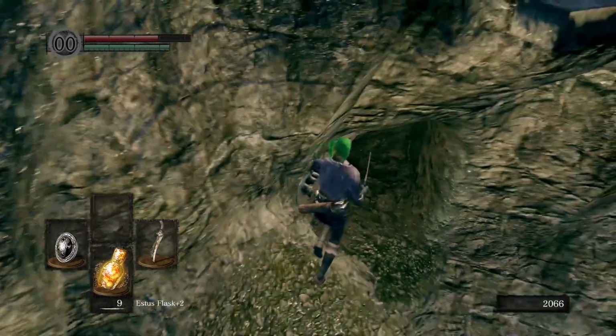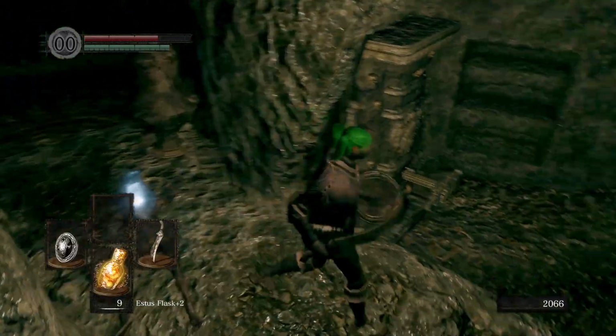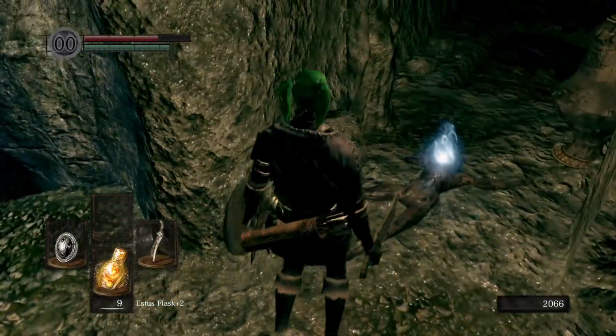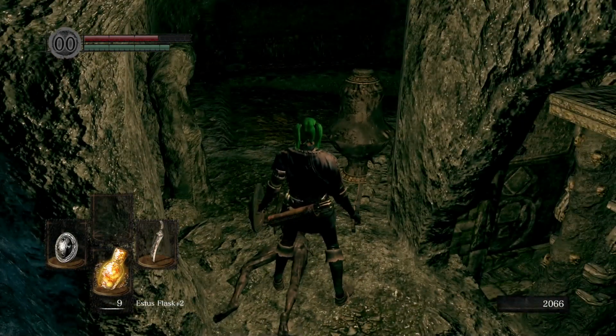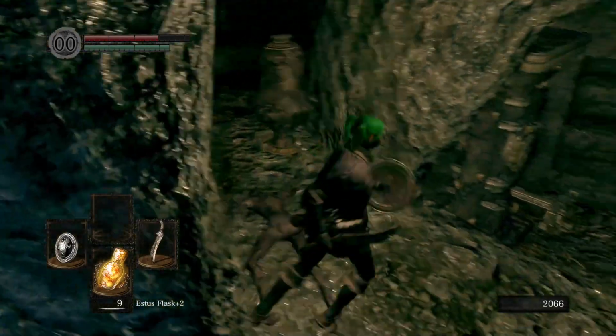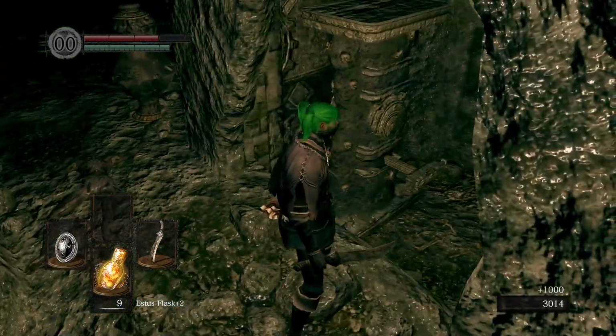Okay, and then from here, we go down here. And we look to our left. Don't drop down. Look to our left, and this body has the Great Scythe on it. Okay, so we've gathered a few souls. I hope you're not too precious about them, because the easiest way to get out of here is just to